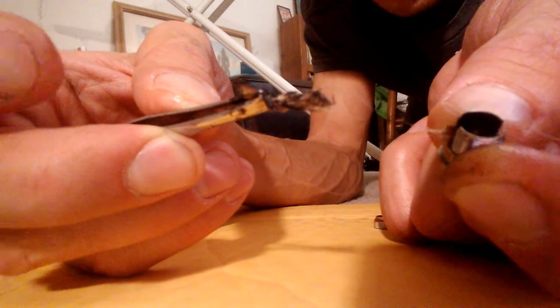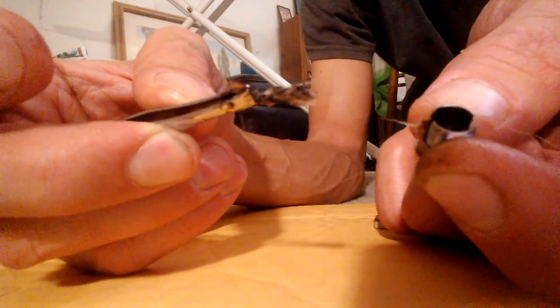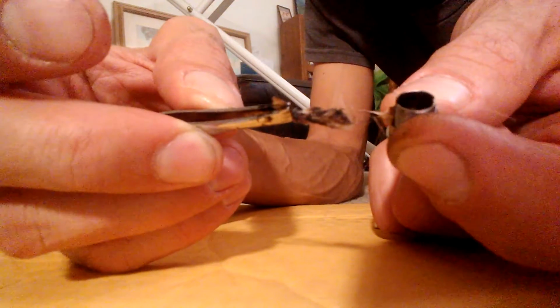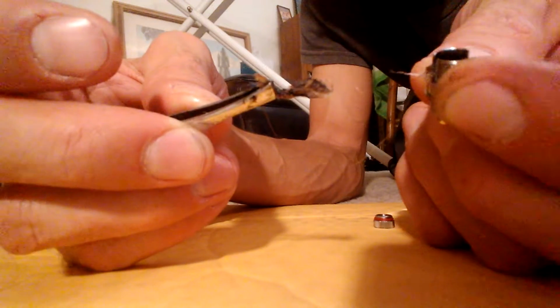You can see that material that's in there. It's cotton, and it's kind of blackened. It's gotten charred up because the person that's been using this hasn't been vaping exactly right. There's a couple of subtle techniques that you try to learn when you first start vaping. And that includes what we call dry vapes and so forth. So ideally, you don't ever get your wick quite this black. But I'm going to put a new piece of cotton in here,